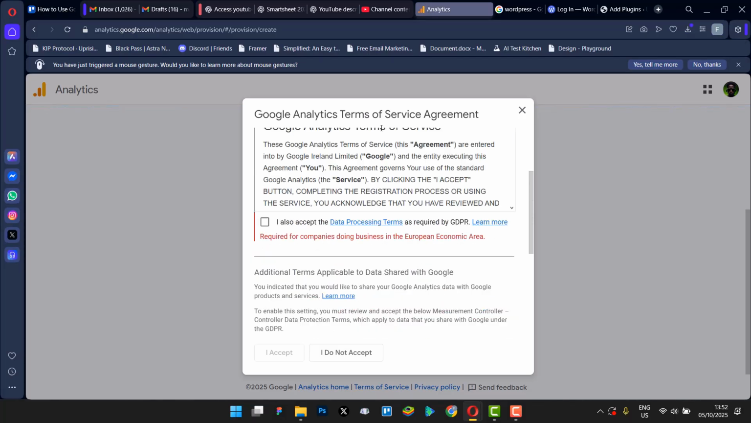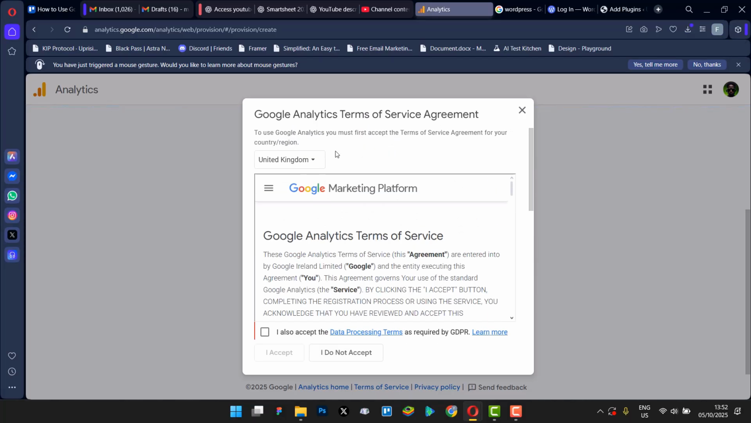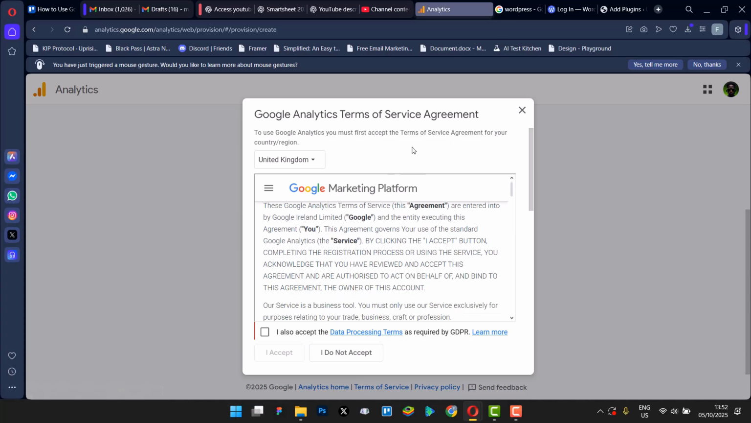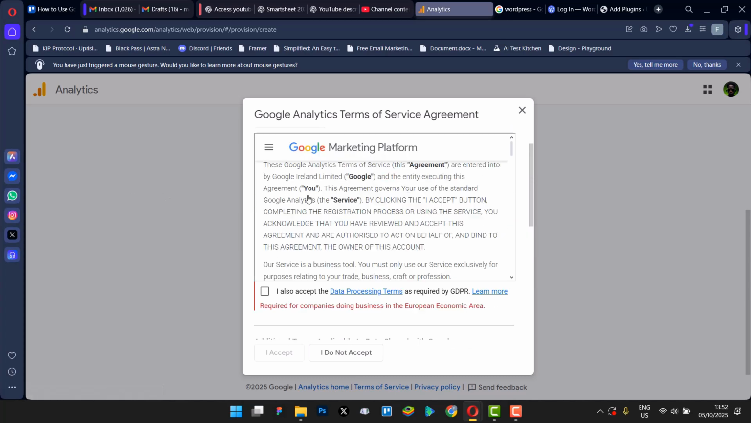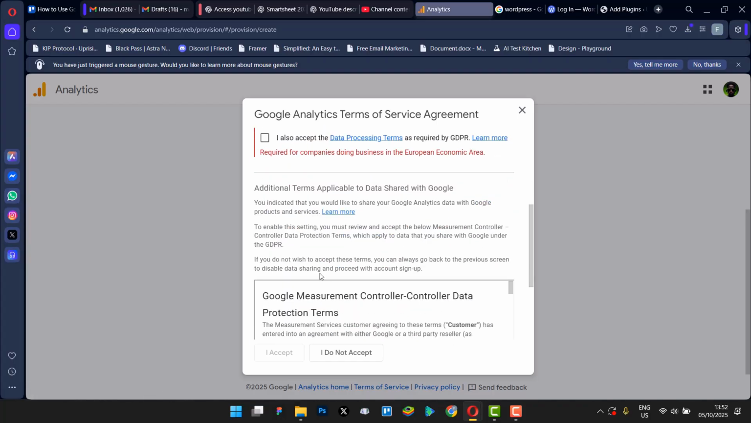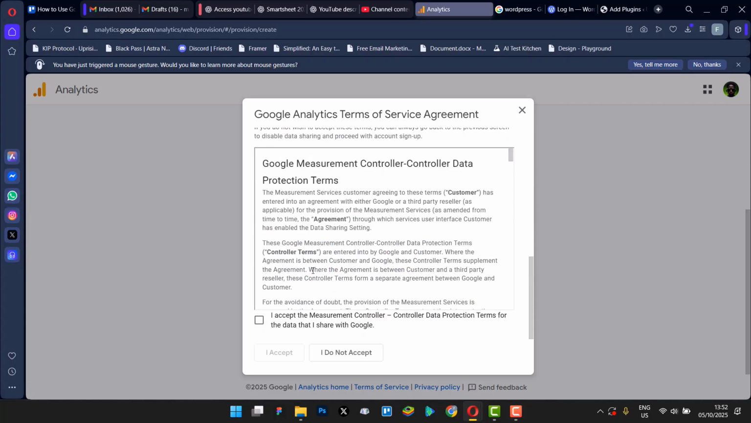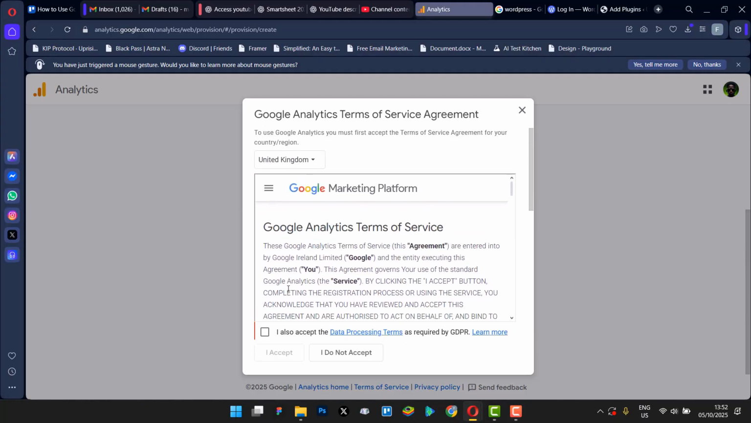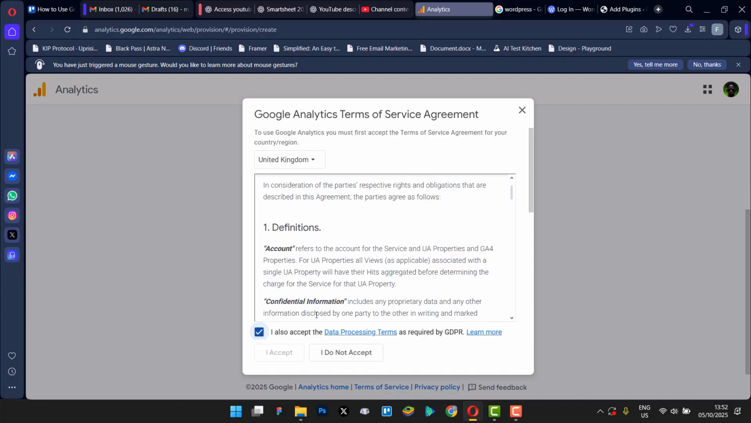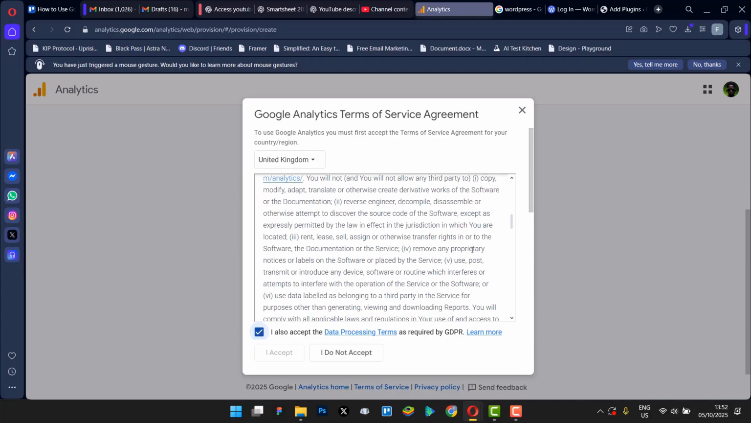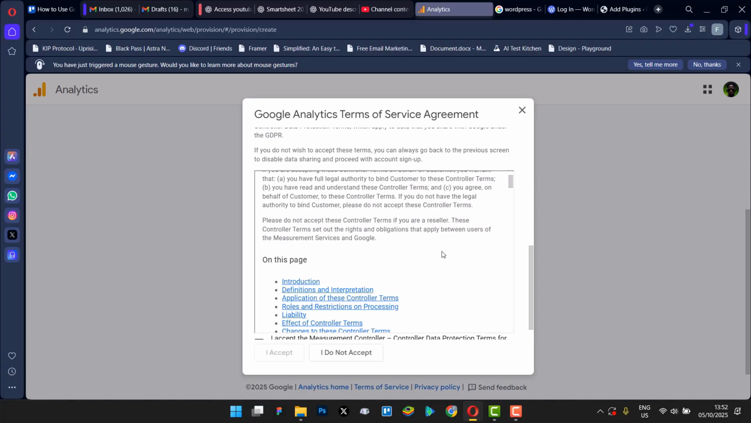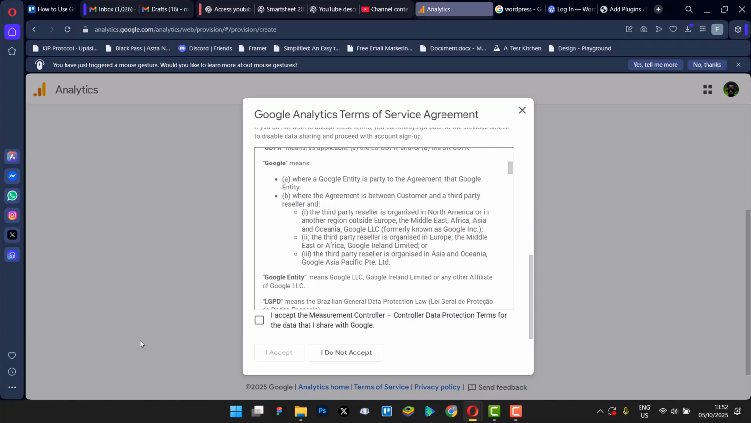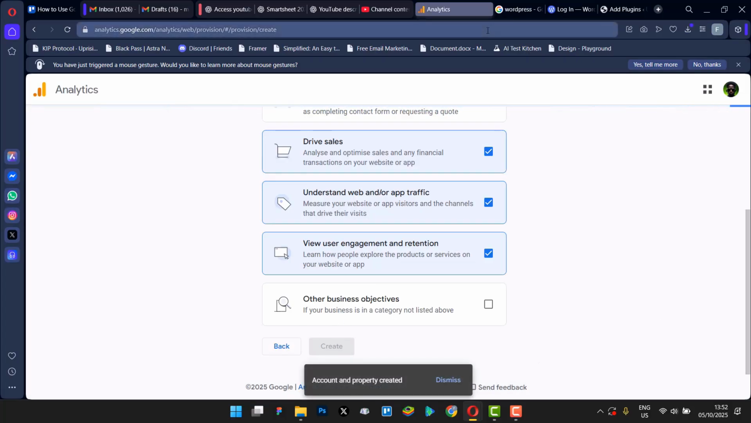So to use Google Analytics, you must first accept the terms and conditions of your region. So that's in the United Kingdom. I believe you can change some of this. Let's go ahead and accept. All right, make sure to read through it so you understand what you're signing up for. Once you have, click on I accept the measurement controller, click on I accept again, and you should get started